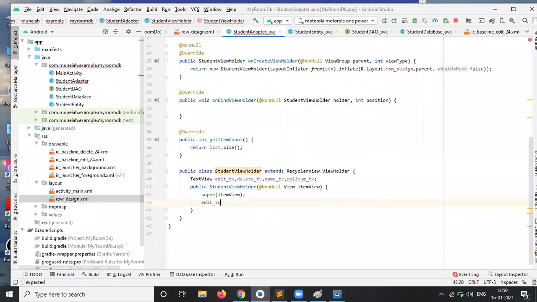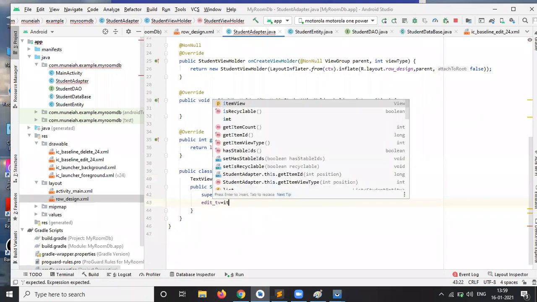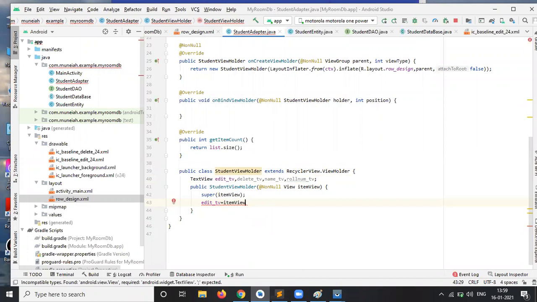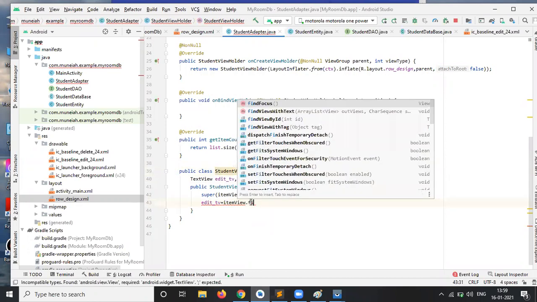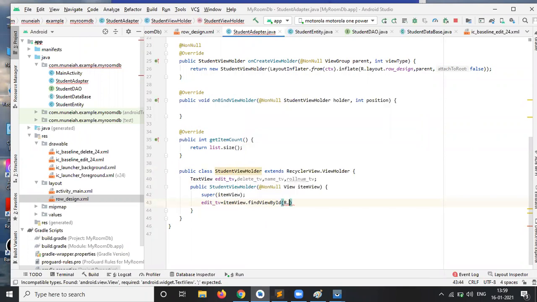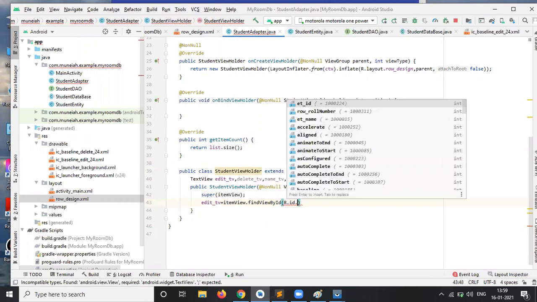So editTV equals itemView. Directly findViewById does not work here. Why? Because we are in a separate class. So itemView.findViewById, R.id.row_edit.